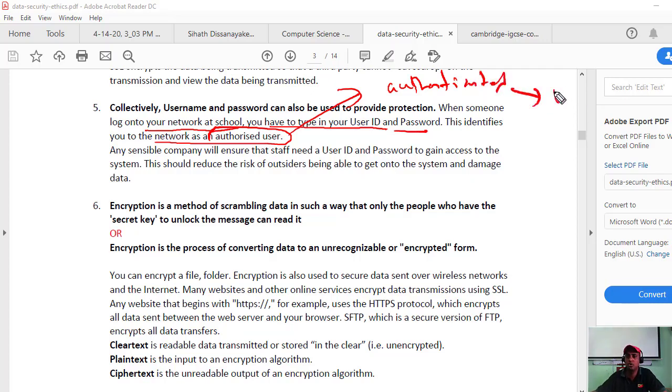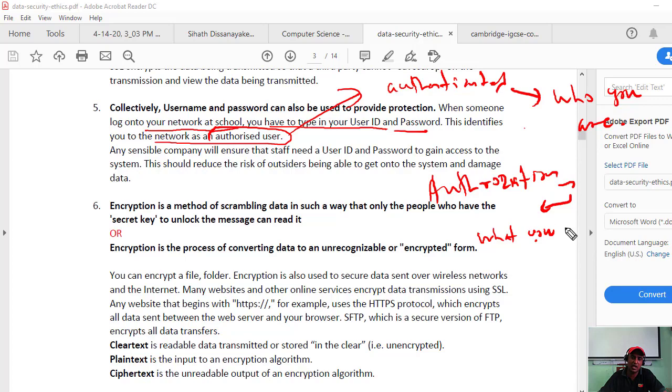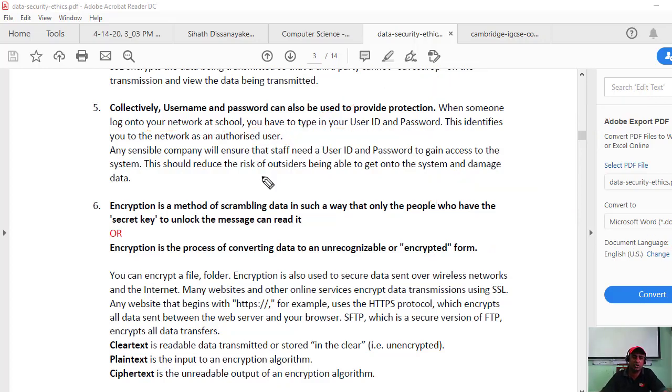Authenticated means it finds out who you are every time. That is called authentication. Authorization means what you can do, what kind of activities you are authorized for. That's the definition of authorization and authentication. Any sensible company will ensure that staff need a user ID and the password to gain access. Yes, that's right.